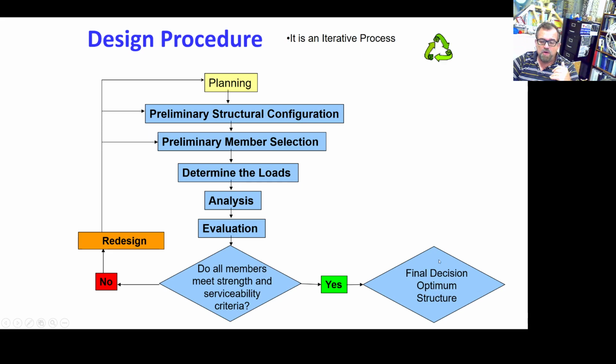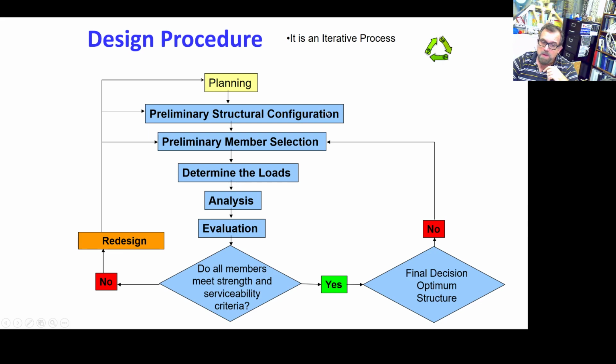So then you have to verify this part. If it's not, because it's too expensive, it's too big, too much material, it's a waste, and you don't want to do that, then you can go and refine by maybe finding a preliminary member selection, changing the dimensions, reducing them in some cases, augmenting them in some other cases,